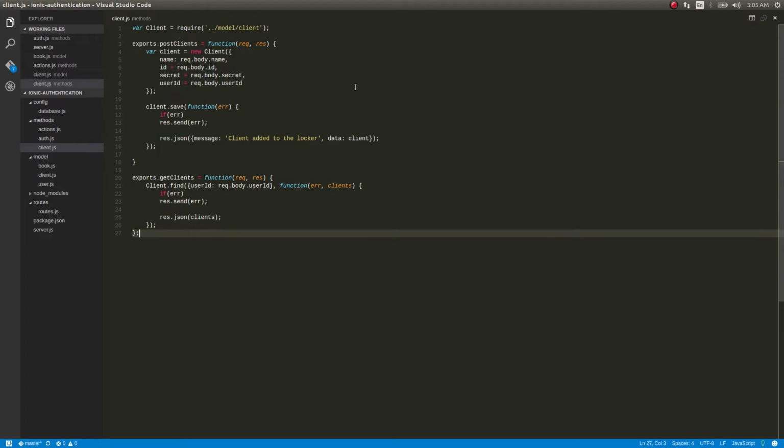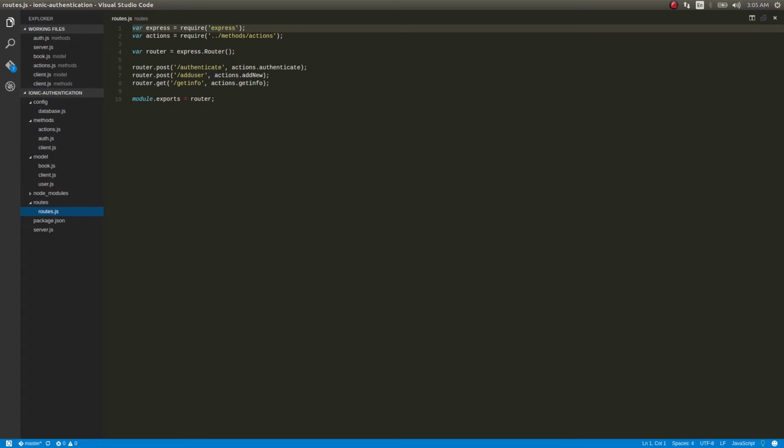Okay, this is done as well. The reason why I'm time lapsing this is so that you could easily understand, guys. It's nothing but saving a client and then writing a get method to see those clients. That's all. So what's the point of explaining this over and over again? Okay, let's move on. Now the next thing we need to do is write routes for this, obviously.